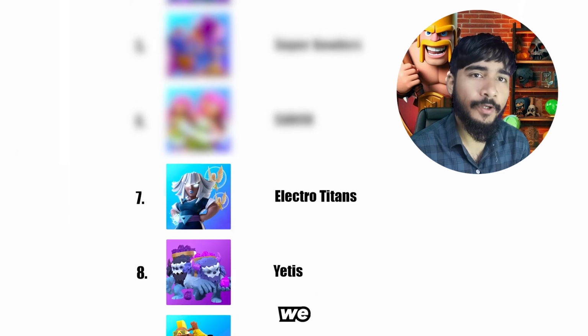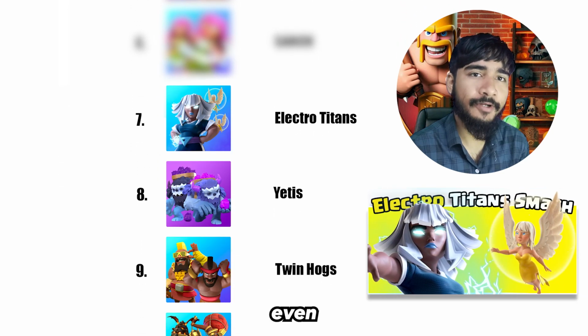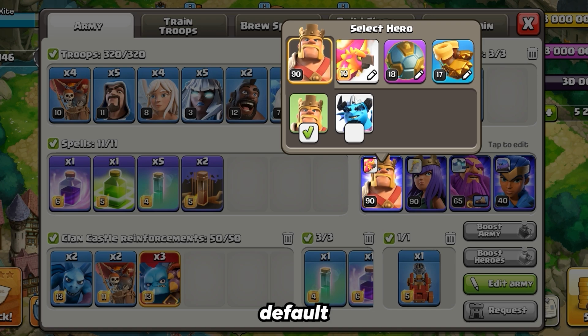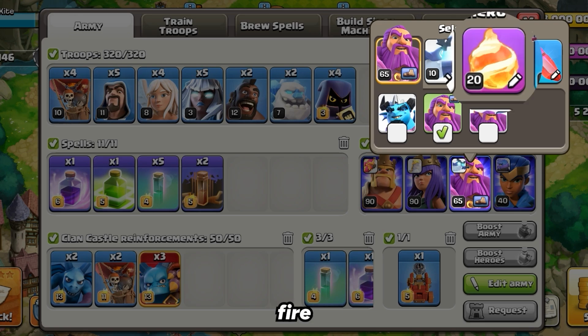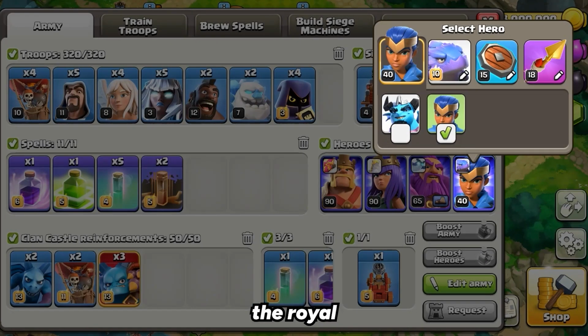At number 7, we have got Electro Titans, a strategy that remains powerful even at higher Town Hall levels. The army composition follows a familiar setup. The King stays with his default equipment and the Queen keeps her usual setup as well. However, the Warden is equipped with Fireball to take down the enemy clan castle building, while the Royal Champion carries